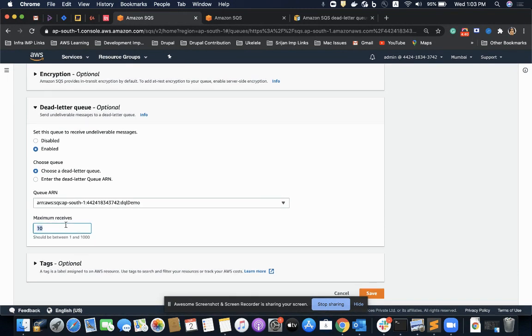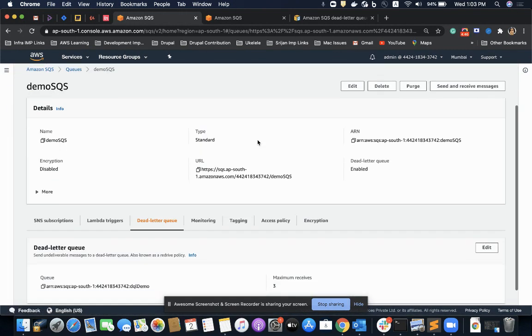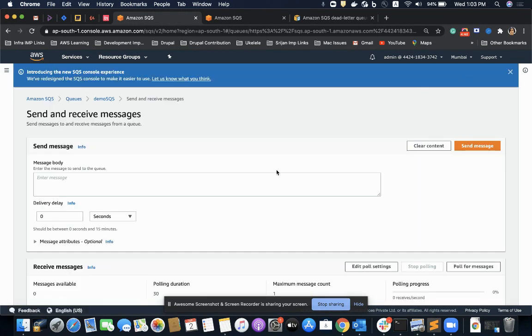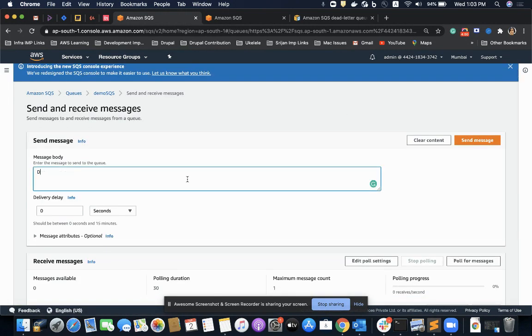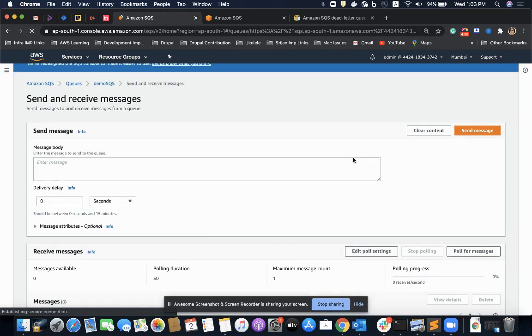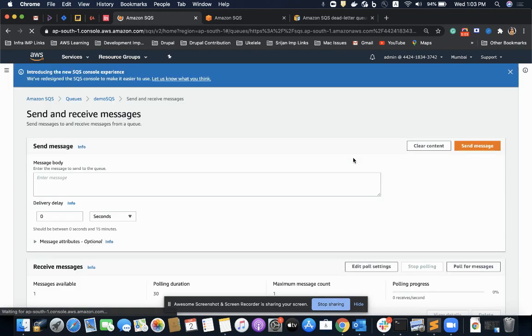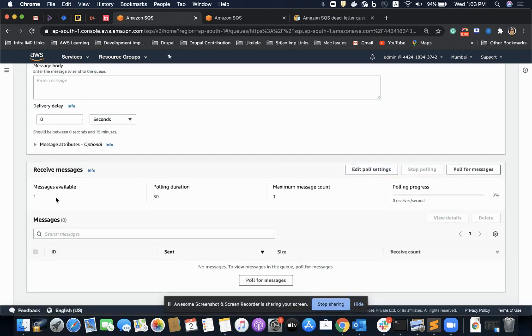I'll set the threshold to 3 for keeping this demo small, and I'll go to send and receive messages, and I'll send a message, demo for DLQ. I'll refresh it and I see the message is available, as one message I have in my queue. So I'll poll for this message.